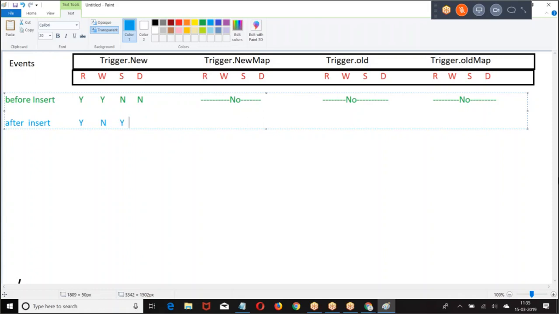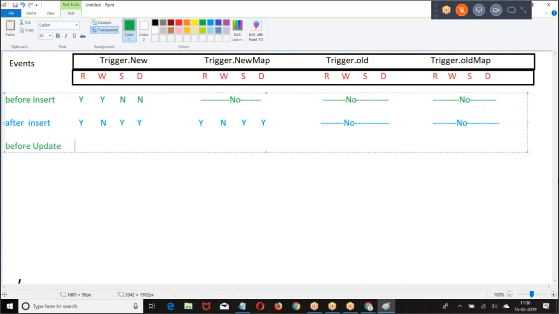SOQL query. Trigger.old: there is no concept of Trigger.old in the insert triggers. In the insert trigger, we have only Trigger.new. Before means read, write. After means SOQL, DML. As simple as that.